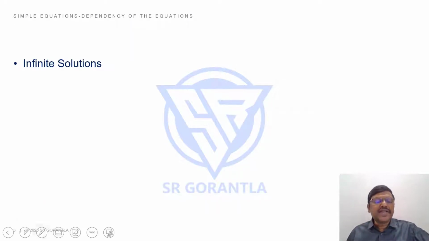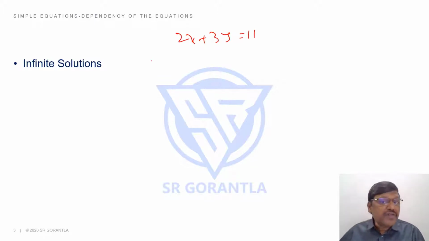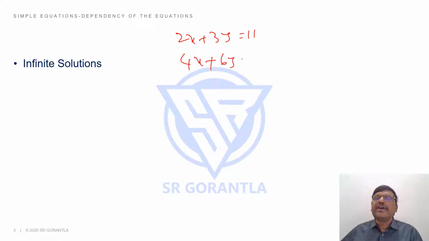You know, when there are two unknowns and one equation, can you find answers for x and y? Suppose, let us say, 2x plus 3y is 11. Can you find x and y value? No. Suppose I give you one more equation, 4x plus 6y equals 22. Can you find out, students? No. Why? Because they are not two independent equations. They are dependent equations, or they are one and the same equation.